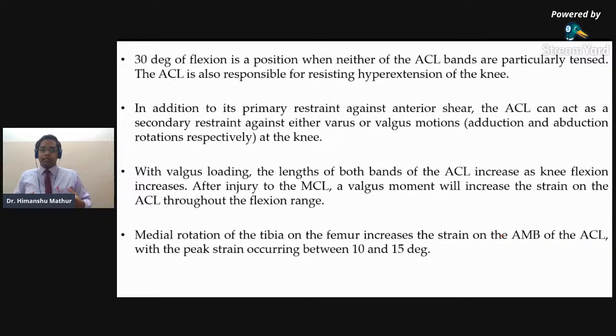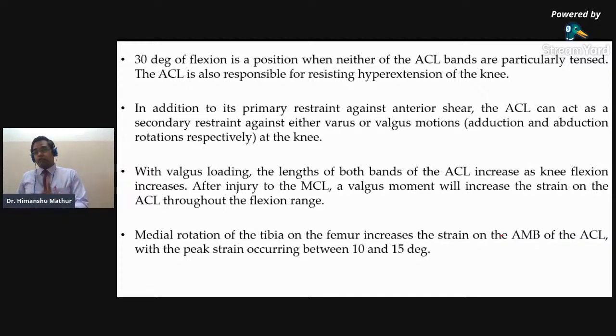मतलब जो पेशेंट मेरे पास ग्रेड 2 के साथ आया था, मैंने 60 डिग्रीज ऑफ नी फ्लेक्शन में खींच दिया और उसको ग्रेड 3 कर दिया। So that became a provocative test. So always remember, 30 degrees of knee flexion is a position where both these bands of ACL are relatively relaxed. Now in addition to its primary restraint against anterior shear, the ACL can act as a secondary